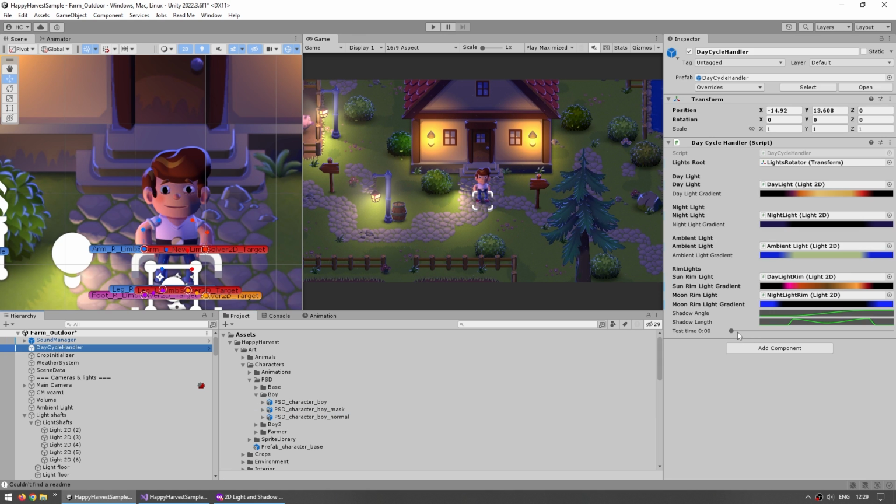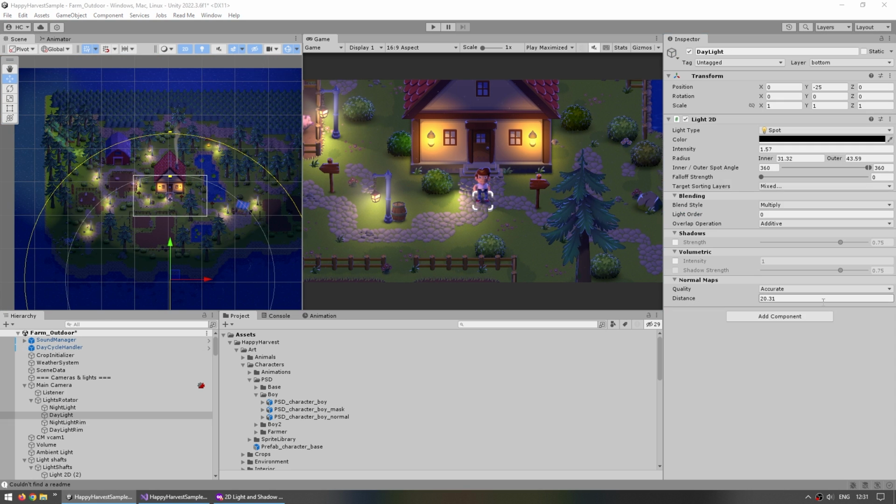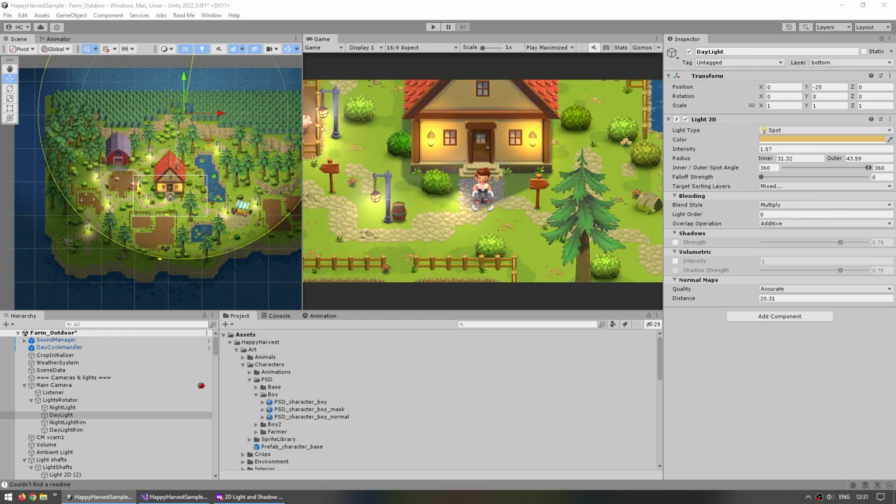Now, something really important in this sample is the day-night cycle. This sample contains a really awesome script that also contains a really nice custom editor where you can easily modify everything to see the change. You can see all the various lights that they use, as well as all the gradients. Basically, the way they make it work is with a global light and a directional light. Now, technically in 2D, you don't have a directional light, so the way they actually fake a directional light is simply by using a regular spotlight with an angle of 360, and then they simply rotate where exactly that light